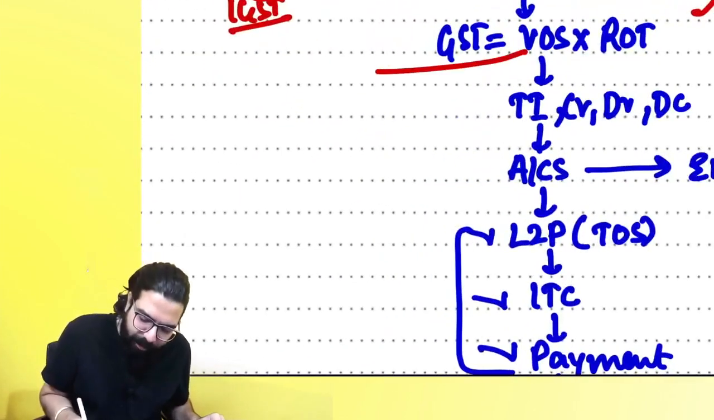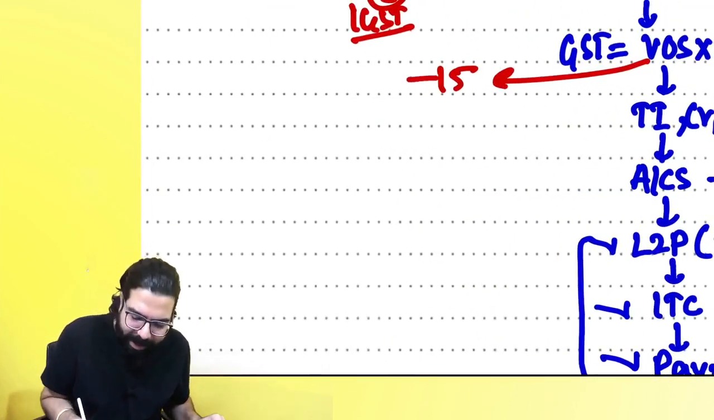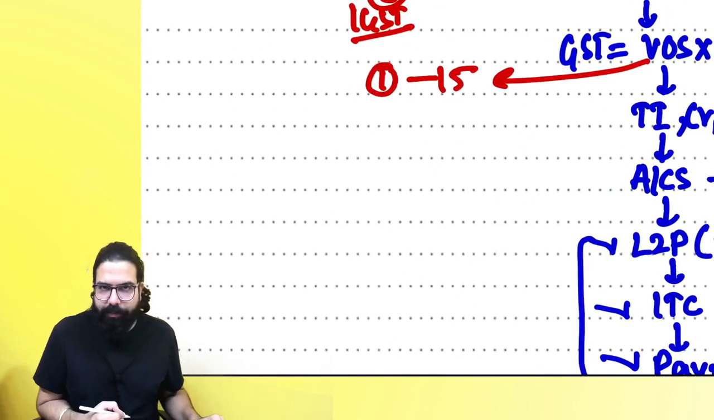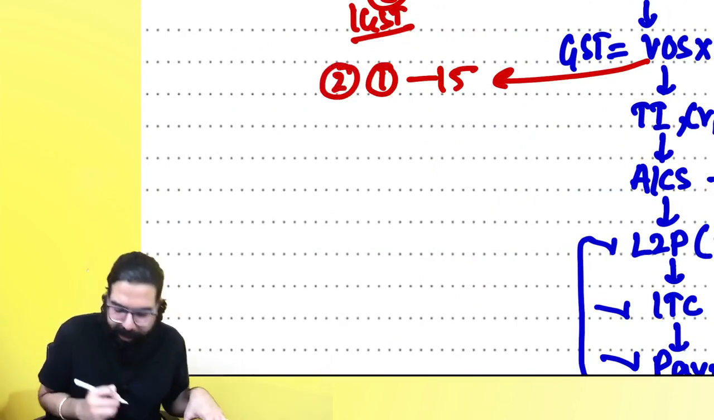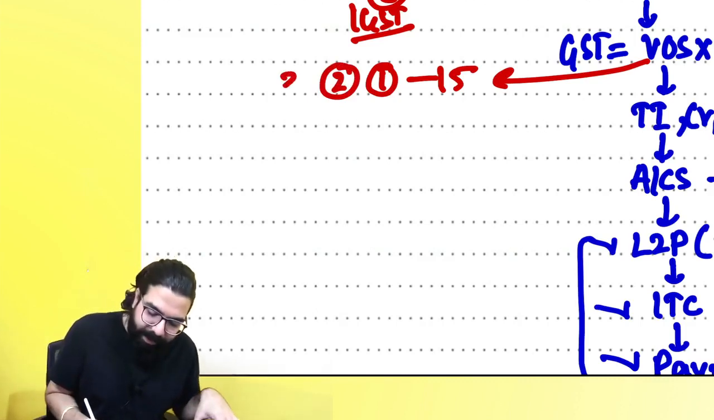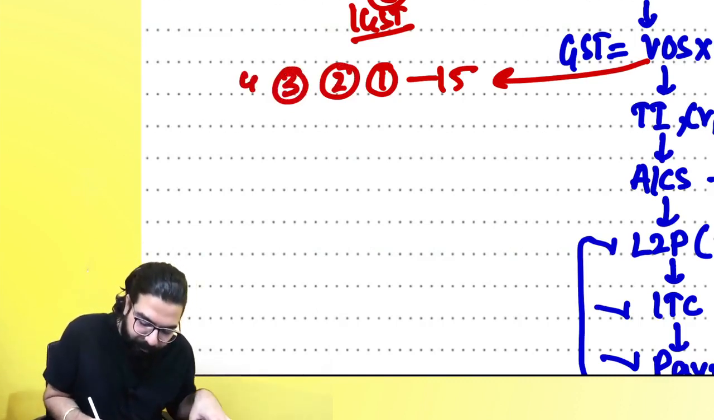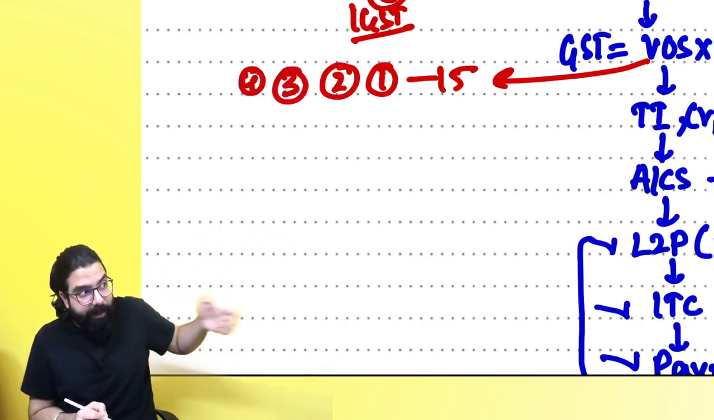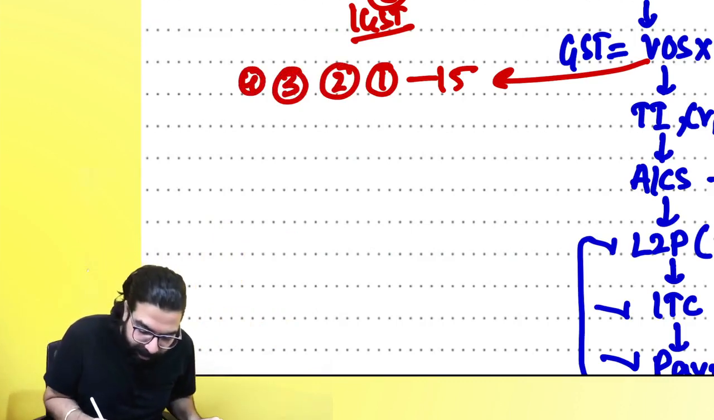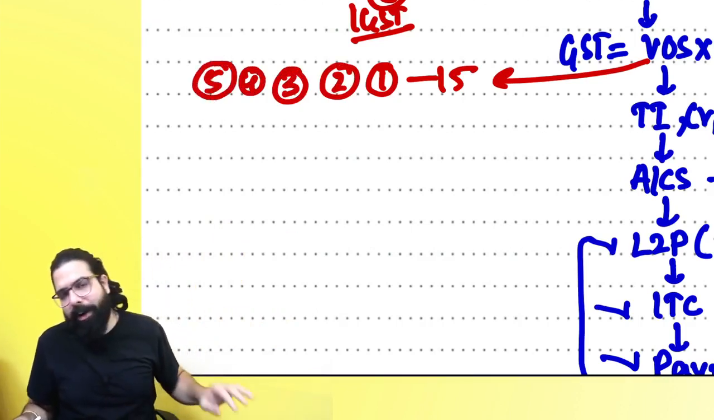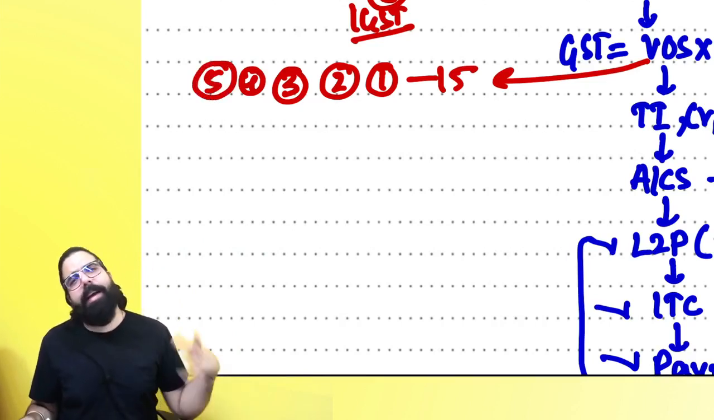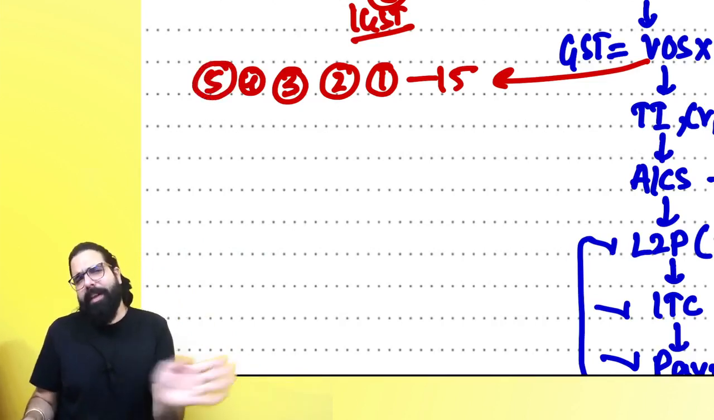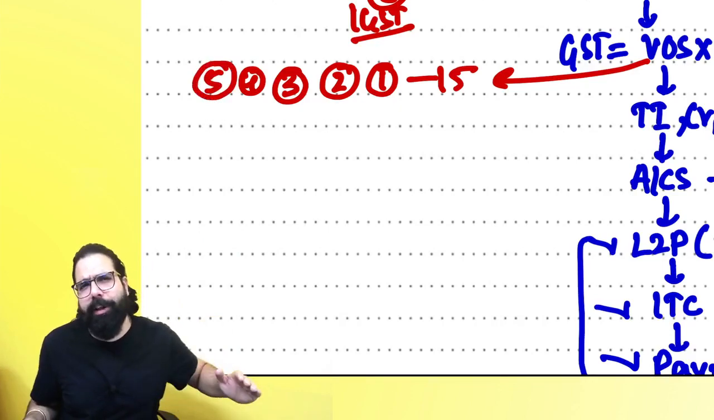Then we learned about value of supply. Section number 15 told about the value of supply. 15.1, what is section number 15.1, everyone? Transaction value. 15.2, taxes. 15.3, discount. 15.4, rules 27, 28, 29, 30, 31, valuation rule. 15.5 told that the government can prescribe the valuation rules for certain supplies. And then we had rule number 31A, then continued by rule number 32, 33, pure agent,